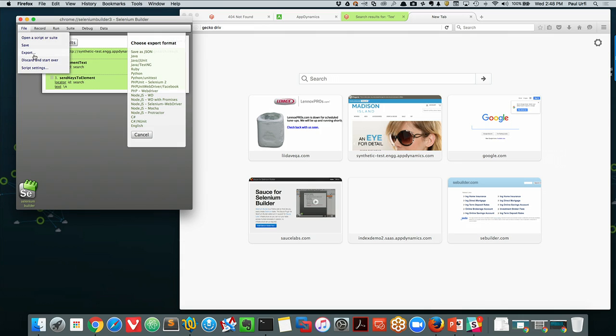as opposed to export, which lets me export into one of these choices. For this, you would choose Python. It's going to save it out as a Python file, so it would be whatever your script name is, name.py. Once I do that,